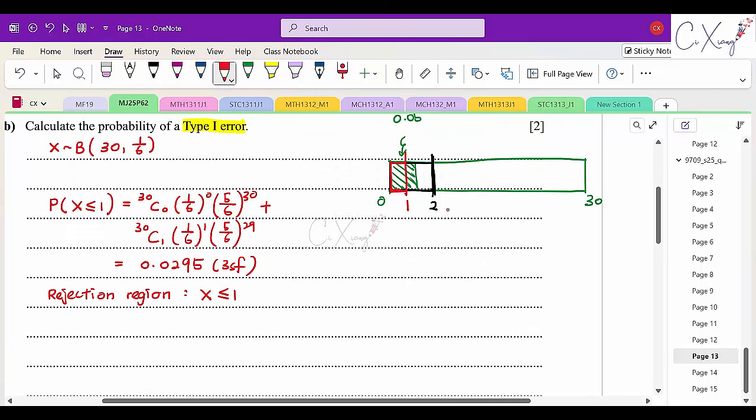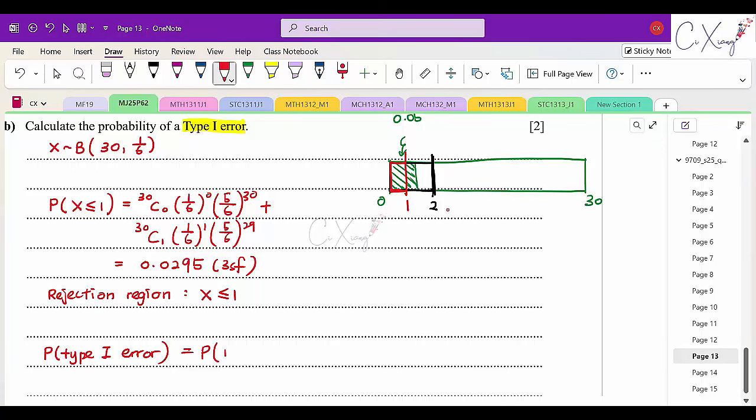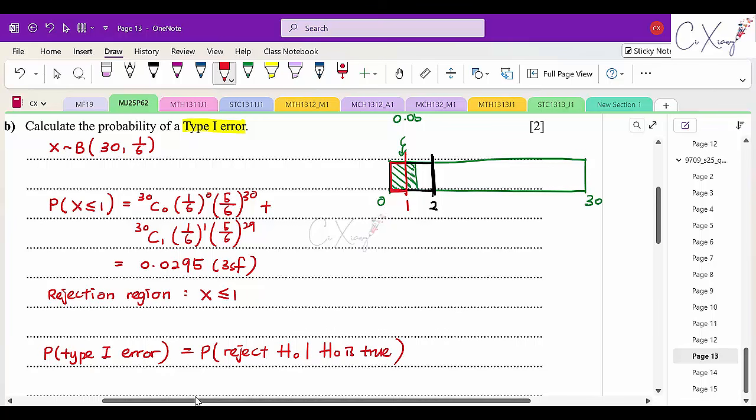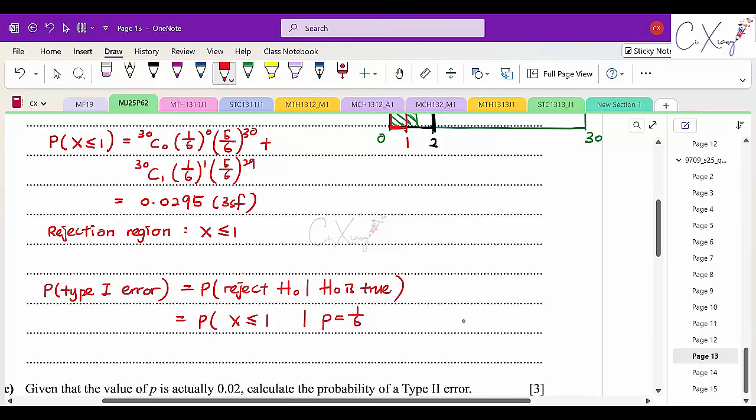Alright, now once you get the rejection region, only then do you start to find the type 1 error. So what's the type 1 error here? You reject the null hypothesis when the null hypothesis is true. And what is your rejection region? Reject null hypothesis means you have to put in your rejection region. It should be x smaller equals to 1, where your p equals 1 over 6, because the null hypothesis is true, meaning your p is still 1 over 6. When you try to find the probability of X smaller equals to 1 using p equals 1 over 6,